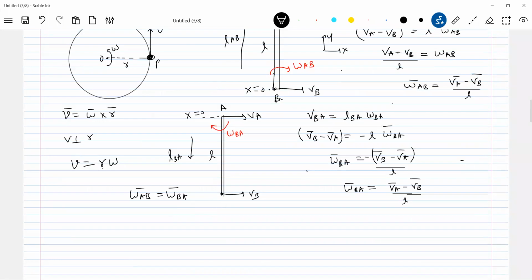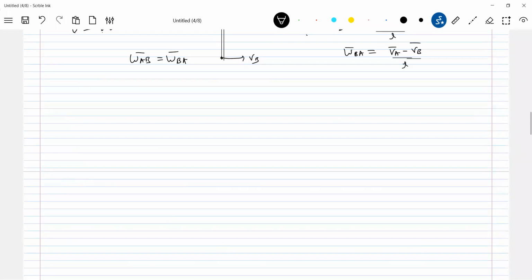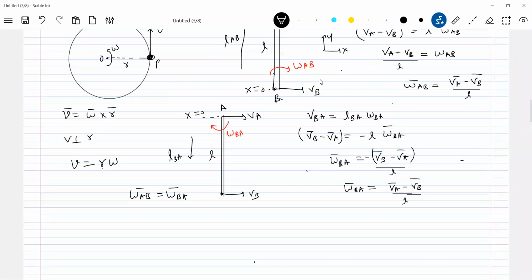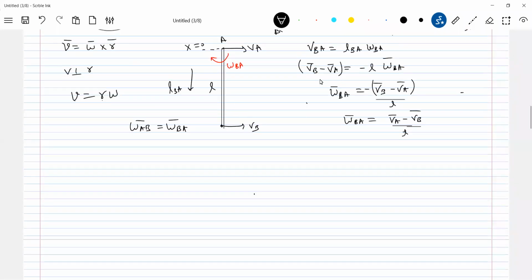So this is about the basic thing. Now I'll go for two particles if they are revolving in a circular path. We'll discuss between the particles now. There's a particle